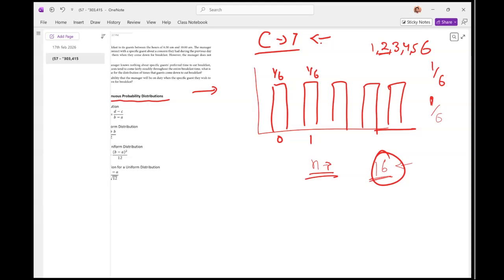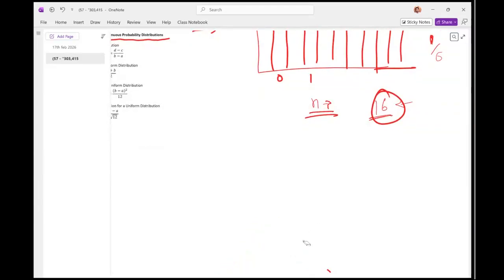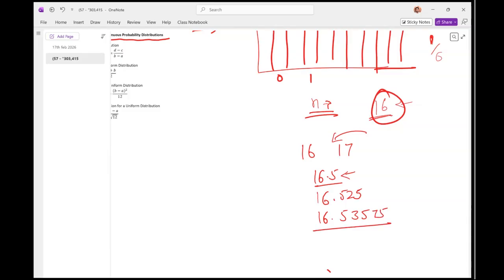Now, when we talk about the continuous probability distribution, we will talk about a set of values. What does that mean? Between two whole numbers, for example 16 and 17, there can be infinite numbers that exist between them. For example, in measurement, I can go to the market. What is the probability that I'm going to buy 16.5 kg of sugar? I can buy 16.5 kg, I can buy 16.525 kg, I can buy 16.53575. There are infinite numbers between the two numbers. So the continuous probability distribution is basically used